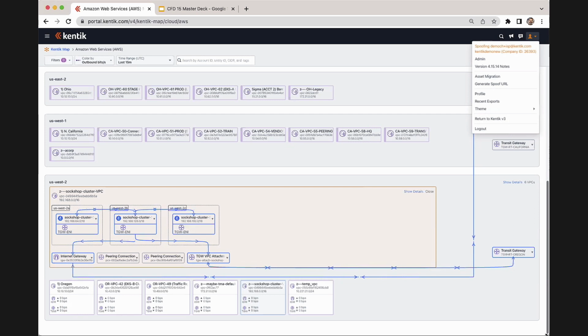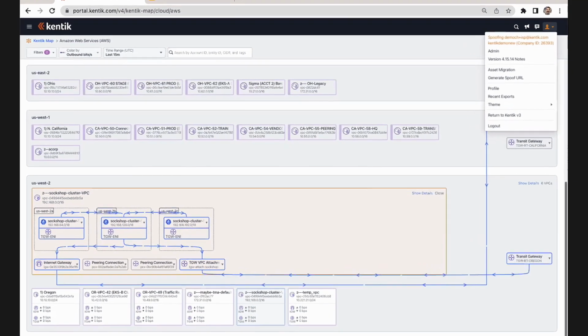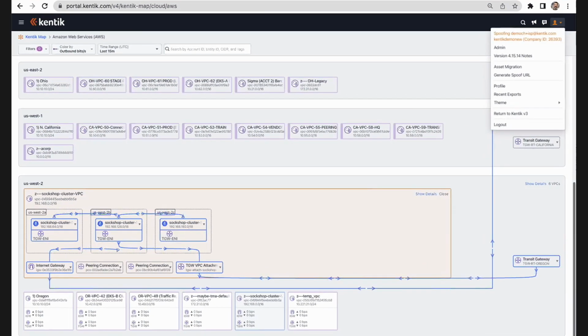So this will show you how things are running as far as the traffic flowing through this specific cluster, so we can see what's going on. This is a sock shop, a fake website that sells socks that we use to demonstrate these things. It really gives us the ability to look at how things are flowing through